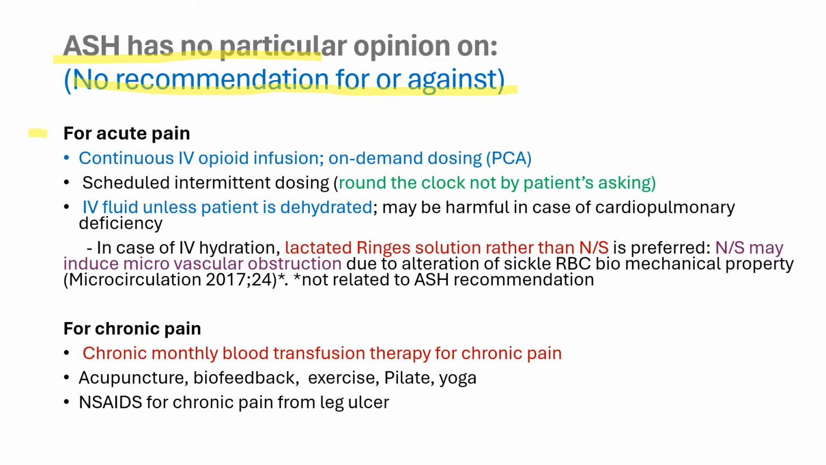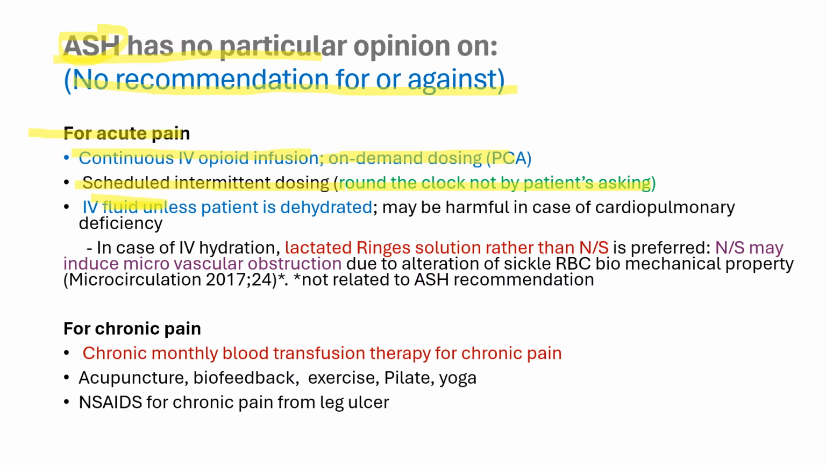For acute pain, some patients have continuous IV morphine drip, like opioid infusion, and PCA on-demand dosing, but ASH has no opinion on that. And unscheduled intermittent dosing, round the clock, not by patients asking. And IV fluid is often used, but